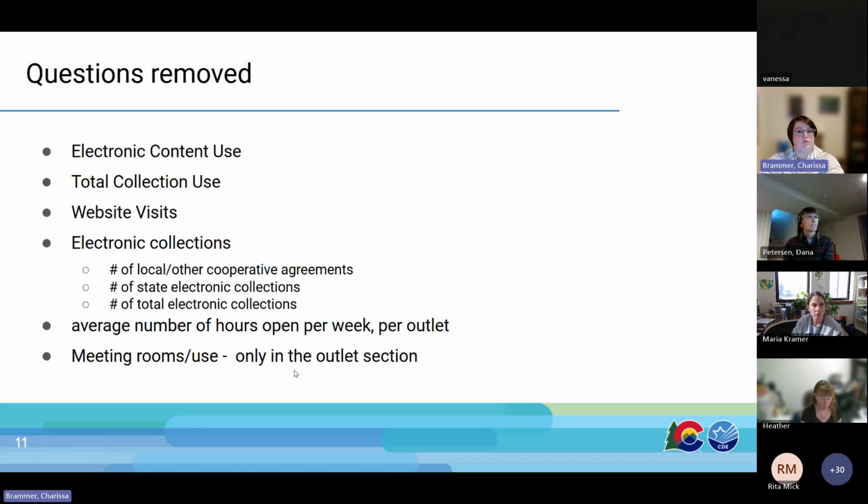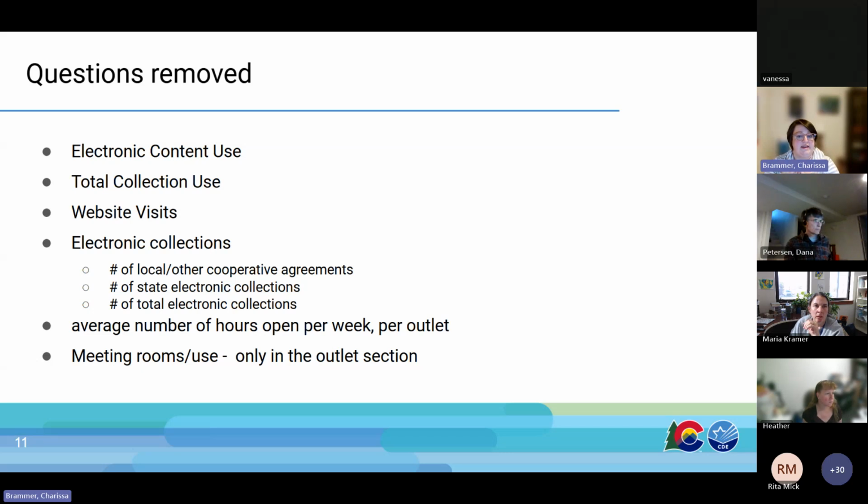Then for questions removed, these are things that were removed by that national committee. Electronic content use, that's how do we measure this, what counts as a use, all of that. We're eliminating that. Because we're getting rid of electronic content use, total collection use also goes away, because that was a calculated field.